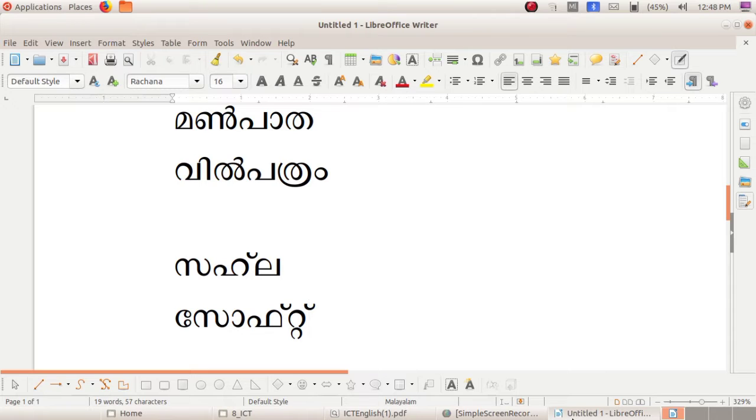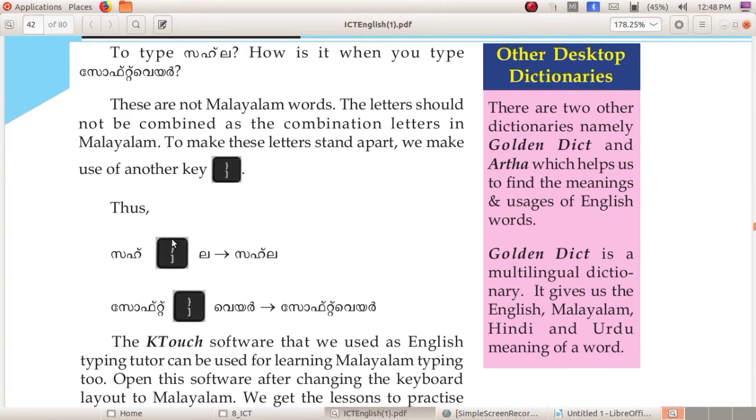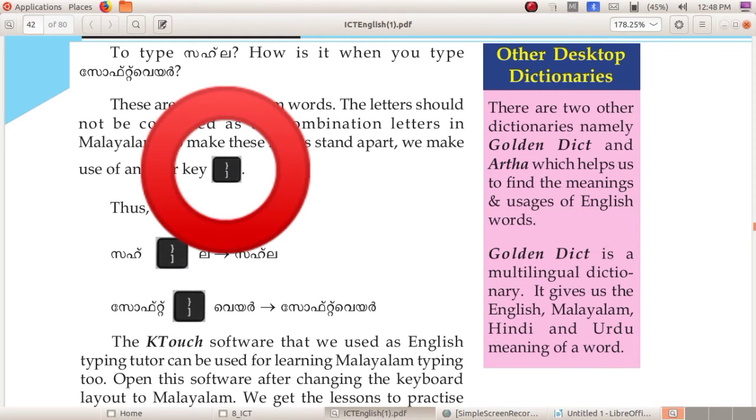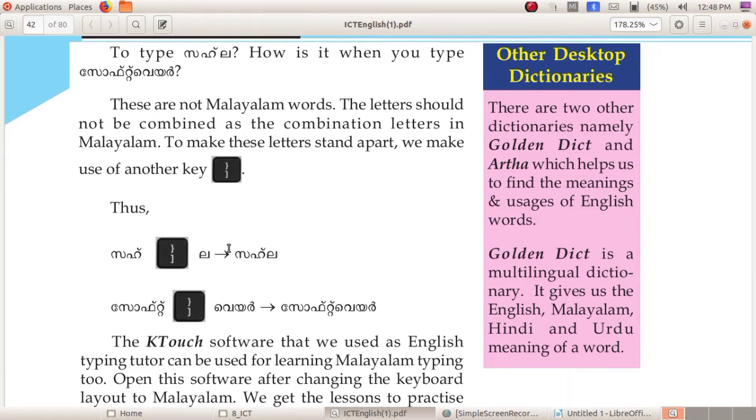Next word is where. While I am typing V, see, it comes like this. So for avoiding that, we can hold the closing square bracket. After that, you can type where. Okay, software. Sahla, software. So this is the key that we can make use of to avoid the combination of letters in Malayalam.